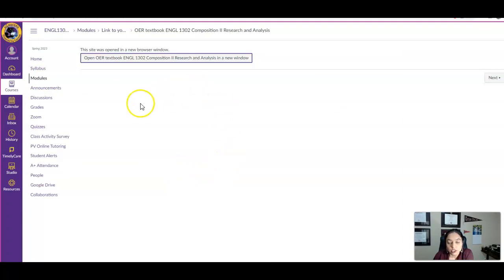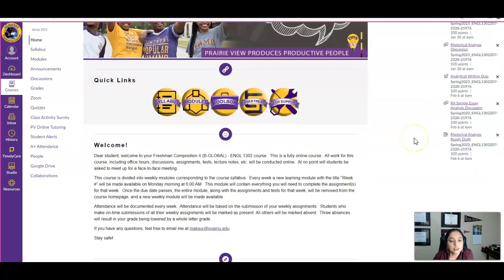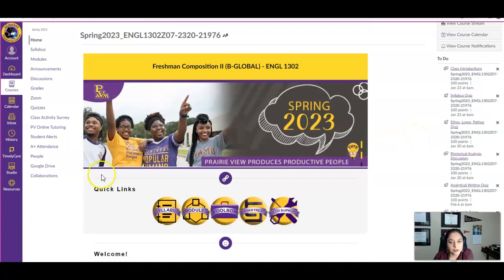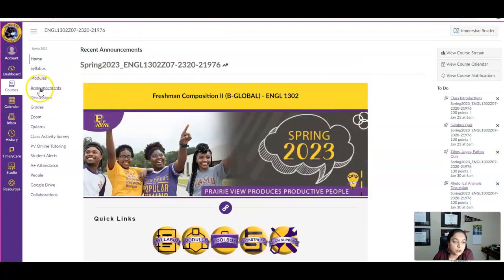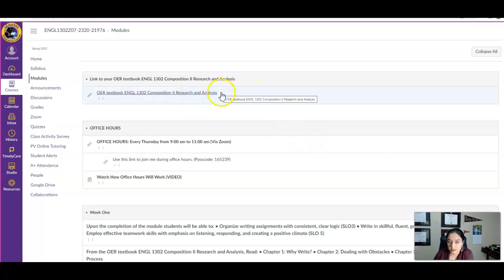To reach the page, if you click on home page or on home, what you'll see is a general introduction to the course. Here is a welcome note and general information regarding Canvas. The place you need to go to is here, modules. This is where you will click to know what's going on in class, what's due when, and this again is the same page where I showed you your textbook.